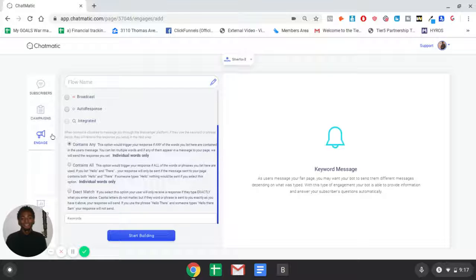So here are the three different options at the bottom. You can have one that contains any, so it basically works with individual words only. So if they type a whole sentence and it has a certain keyword in it, the bot will shoot off a keyword message reply. You have contains all, so if they send,